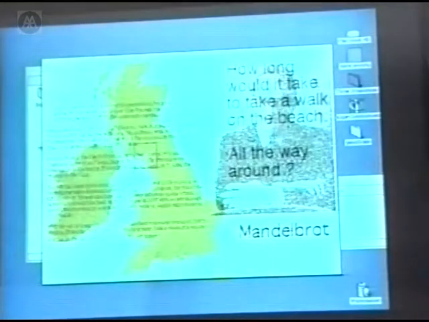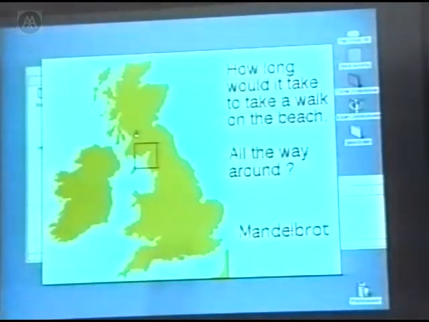Okay. Now, Mandelbrot began with a series of questions which have ultimately been formulated with the idea of how long would it take to walk on the beach all the way around the UK. So, start from wherever you like, start from there, go there, and so on. Okay, if you've got a boat, you could drive it in about 2 days, I think, on a high-speed motorboat. There's a race around England. Okay, but if you actually start walking along the beaches, it's obviously going to take a bit longer.